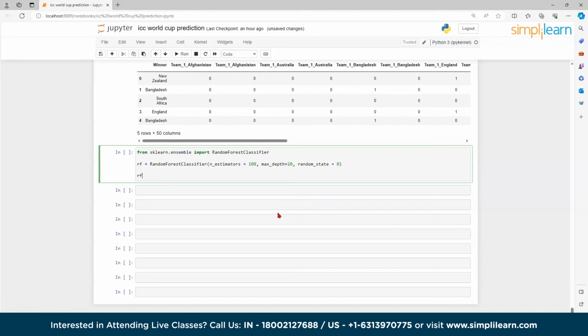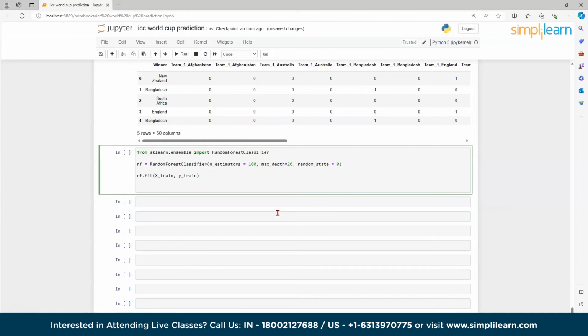So for that I will write rf.fit(x_train, y_train), and let's make the prediction on the test data set. For that I will write prediction equals to rf.predict(x_test),